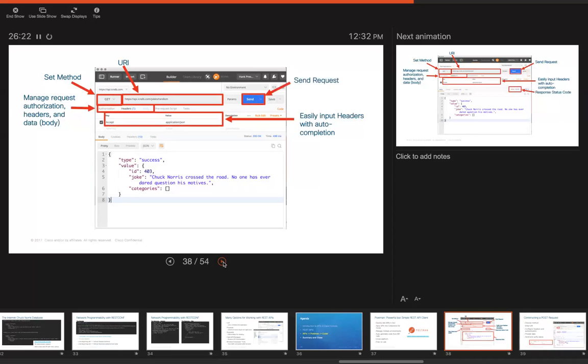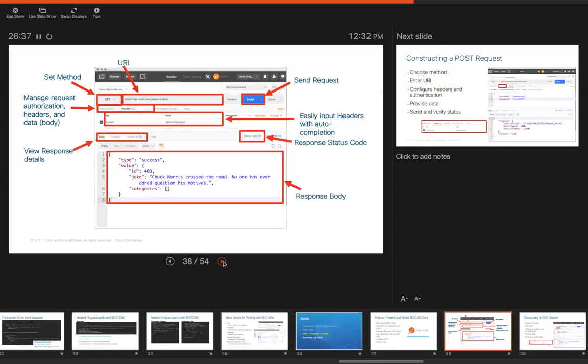Then we just hit that blue button to send the request. Once that request is sent, we hopefully will see this status 200 for OK, everything went through well. Again, we'll be able to see the headers that came back from the response as well as the actual body of the text that we would expect to receive back.